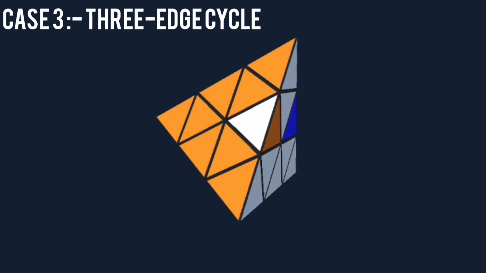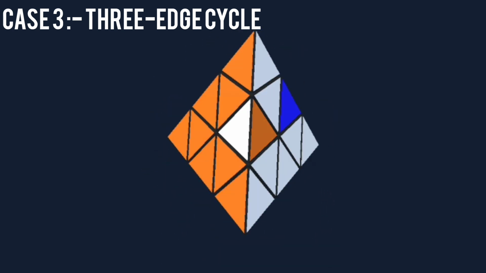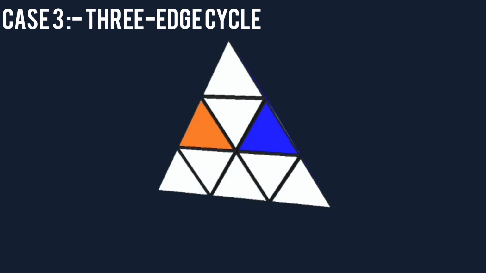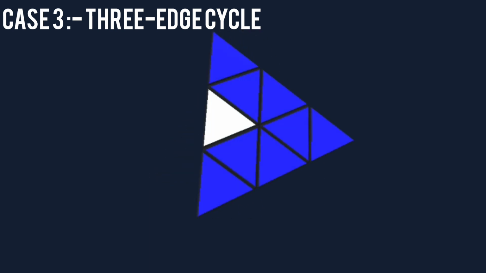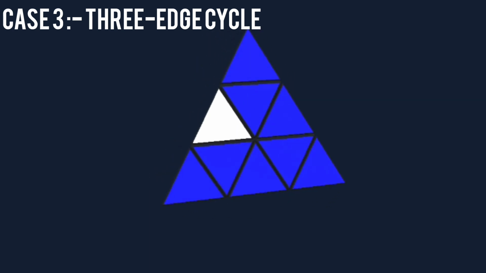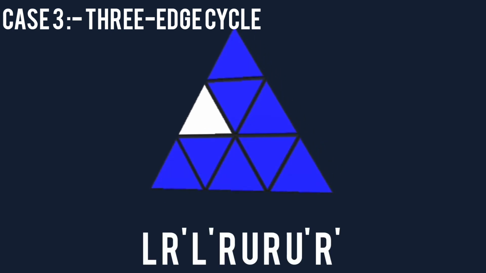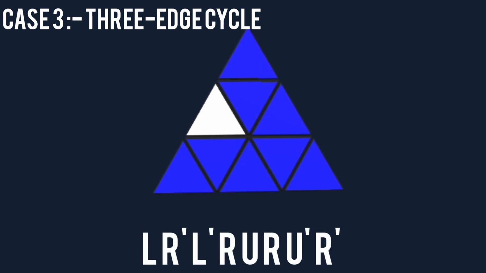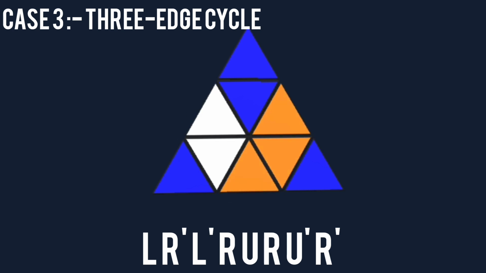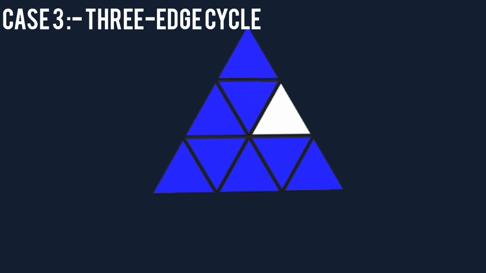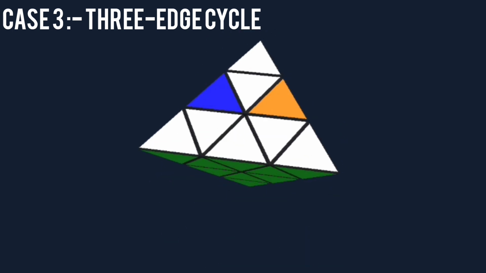So we return back to case 2 here. You know how to solve this case number 2. These are two flipped edges. Here I turn the cube and I get this unsolved edge on the left side. Repeat the same algorithm: L, R prime, L prime, R. Continue. Here we get case 1 again.